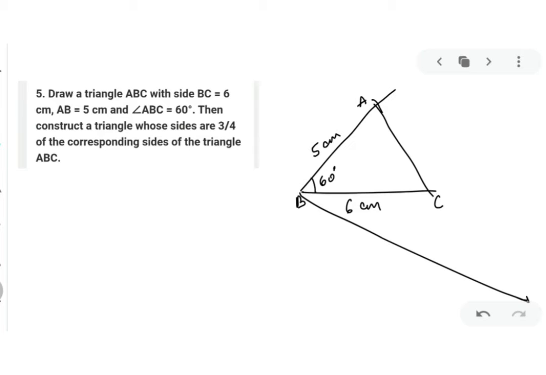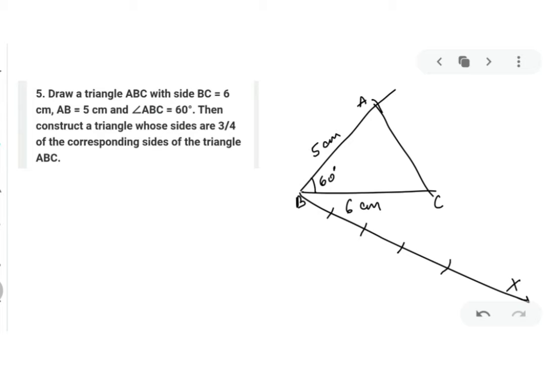Okay, I will read the problem also first. That आपके required triangle बनने के बाद you have to construct a triangle whose sides are 3/4 of the corresponding triangle. 3/4, that means आपको यहाँ पे अगर मैं x डाल रही हूँ तो you have to make 4 equal parts. Yes my dear kids, once your triangle, required triangle is constructed, आपने नीचे की तरफ BX ray बनाई है which is acute angle with BC. अब आपको 4 equal parts में divide करना है.